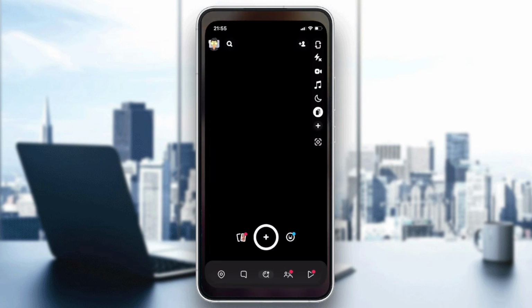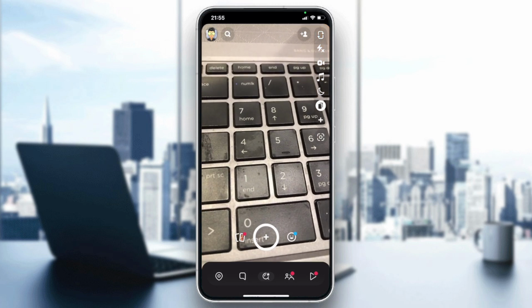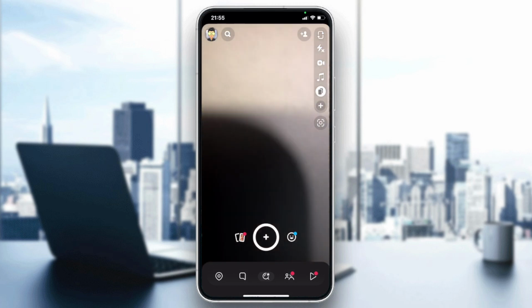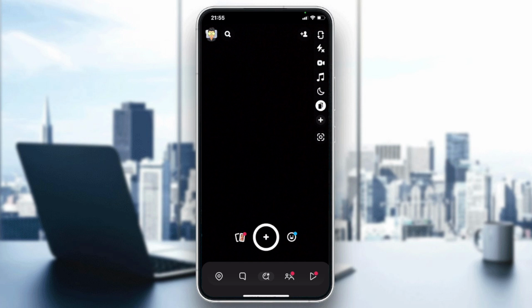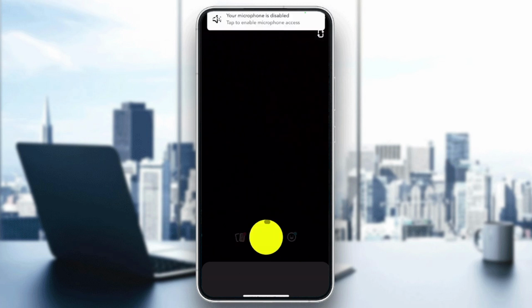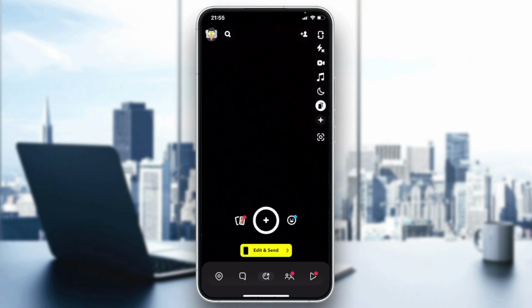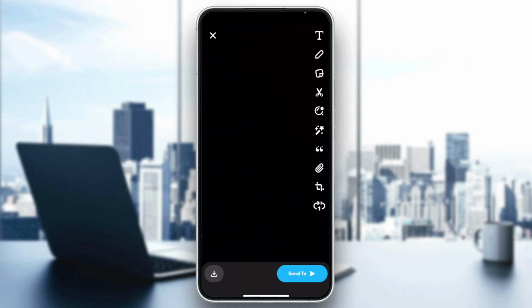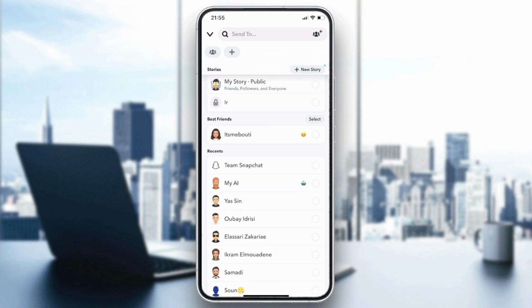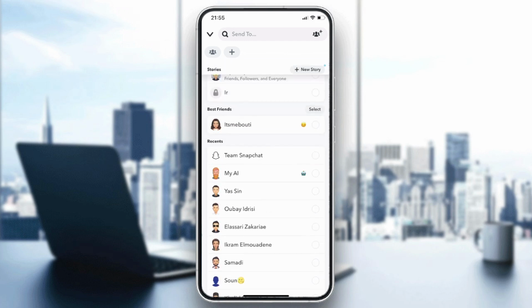So first, I'm just going to open my Snapchat app, and after that, you will need just to take any picture. Basically, when you take any picture, you will see this recording picture or anything. And here you will find edit and send. And basically, either you can click on send to, so you can send it to other people or to anyone,